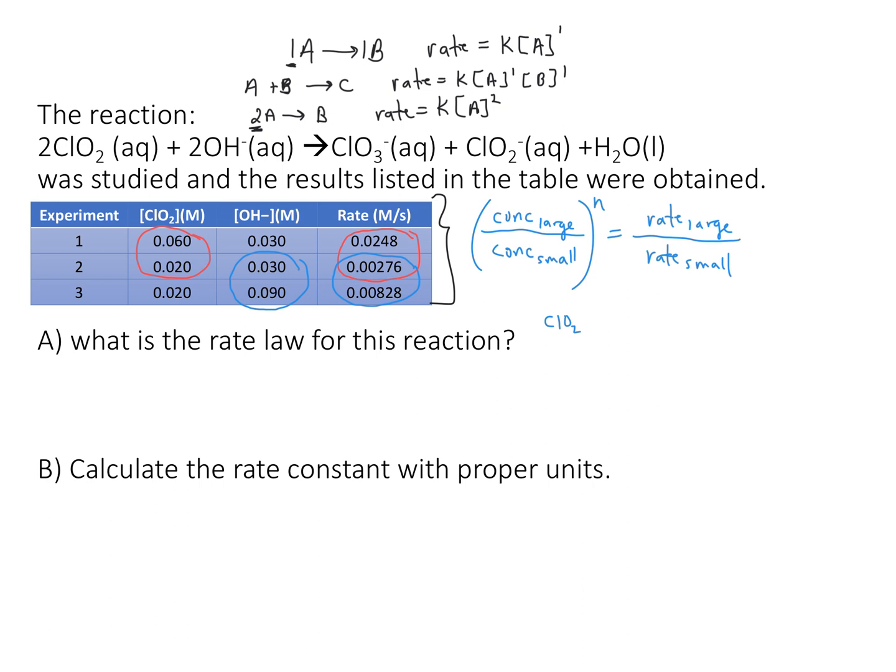So for chlorine dioxide, my largest concentration is 0.06. My smallest concentration is 0.02. That raised to the power of n, right? N is our reaction order. That is what we are looking for. That's what we need in our rate law. So 0.06 divided by 0.02 raised to the power of n equals, my larger rate is 0.0248 divided by my smaller rate,